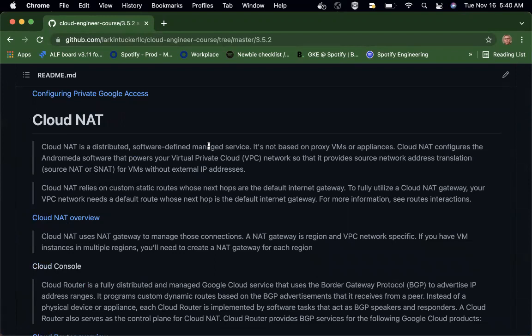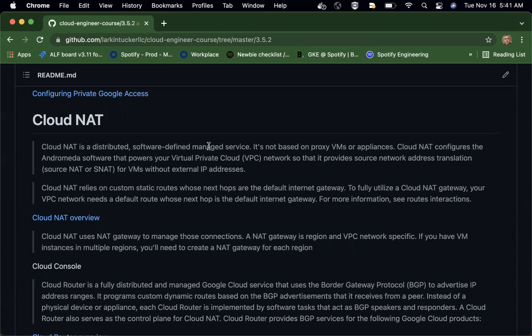And that NAT will then be able to translate your address, the network address translation, with its own IP address. And when the traffic comes back, it'll then send it back to your box. So what happens here is instead of your GCP instance getting an actual IP address, it can basically just reuse the NAT's IP addresses. And the beauty of this is that you should have access to the internet, you should have access to the Google APIs, but you actually do not have a public IP address, so you're not really reachable from the outside, but you can go outbound, make outbound traffic, which is what we're